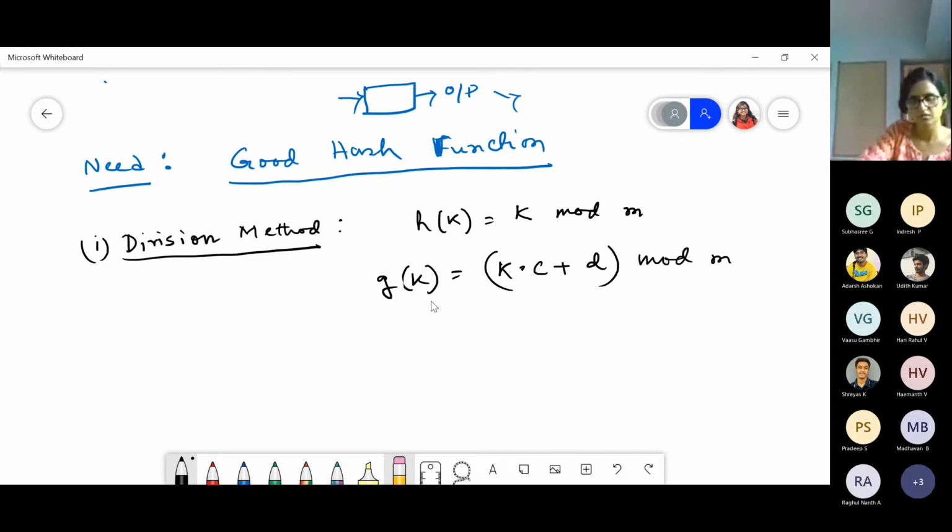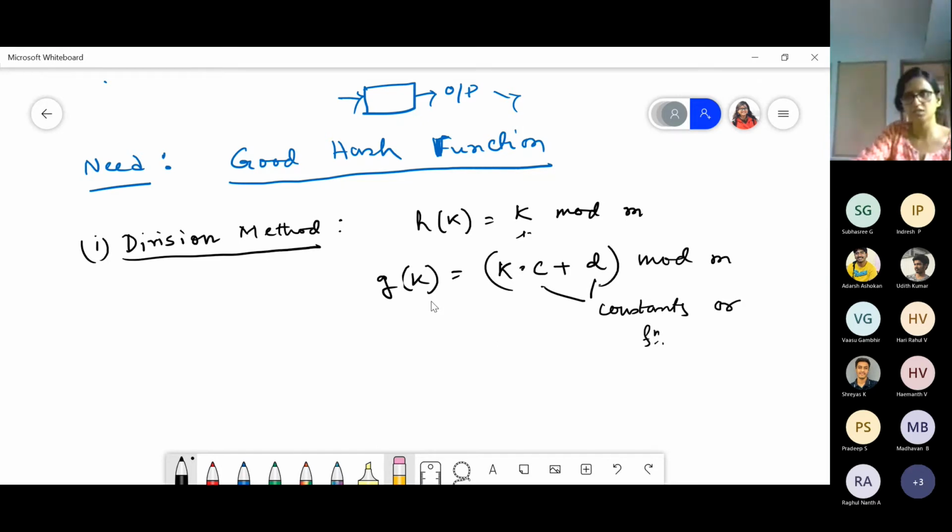This is also another hash function which uses the division method, but it doesn't depend only on k. It takes into consideration c and d, which are constant values. Or it can be some function variables also.